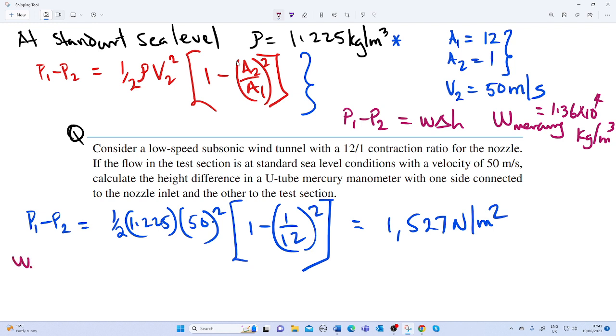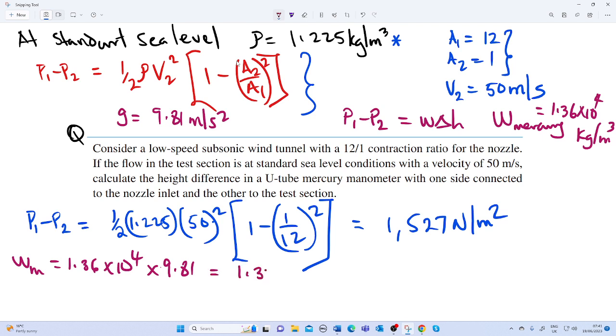the weight of the mercury equals 1.36 times 10 to the 4, multiplied by g, acceleration due to gravity, 9.81 meter per second square, which gives us 1.34 times 10 raised to the power 5 Newton